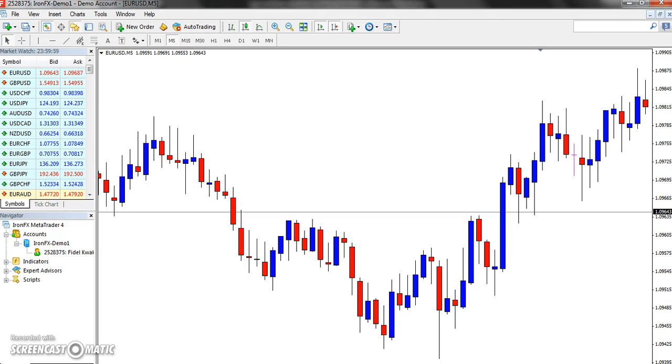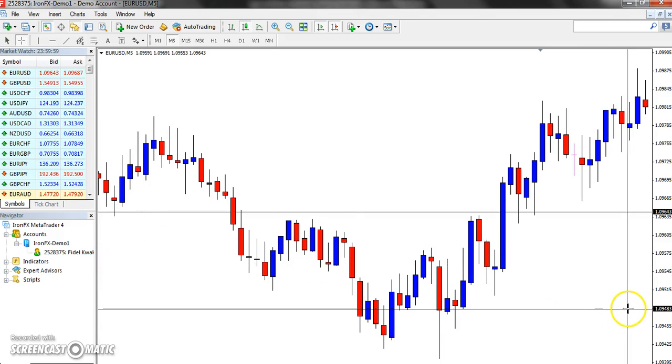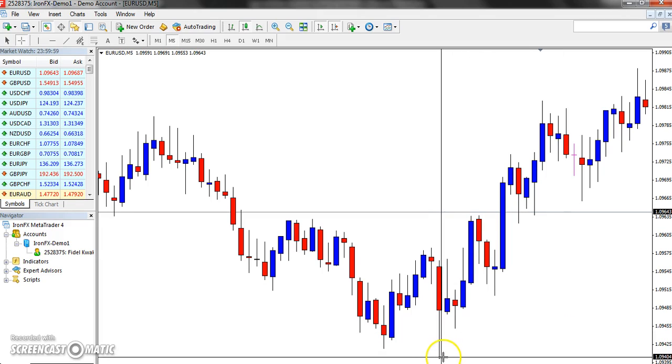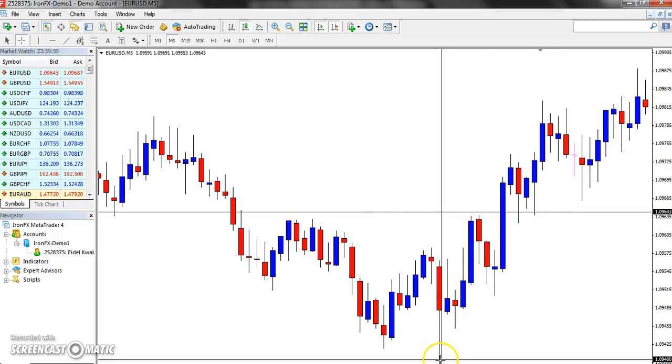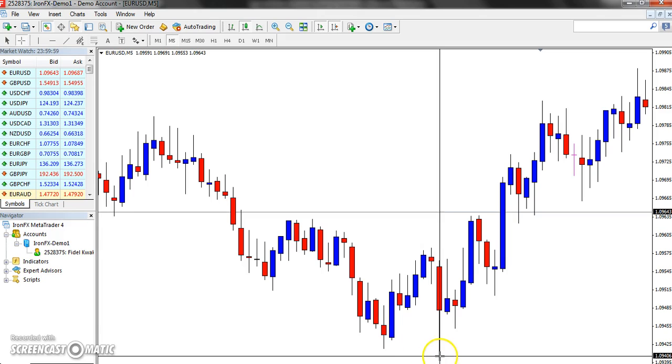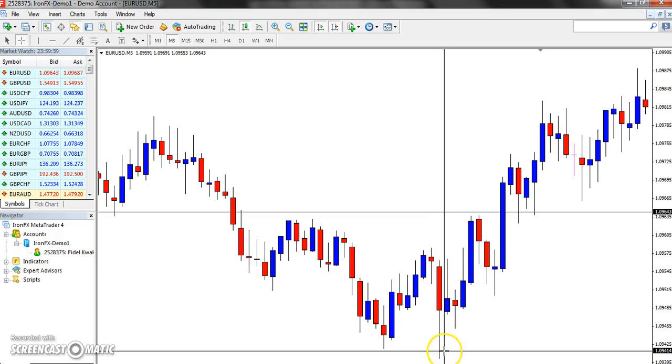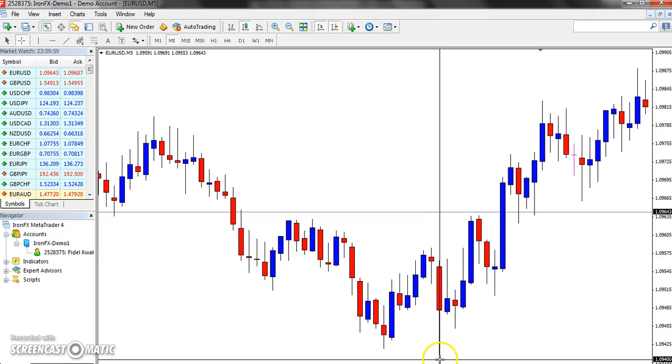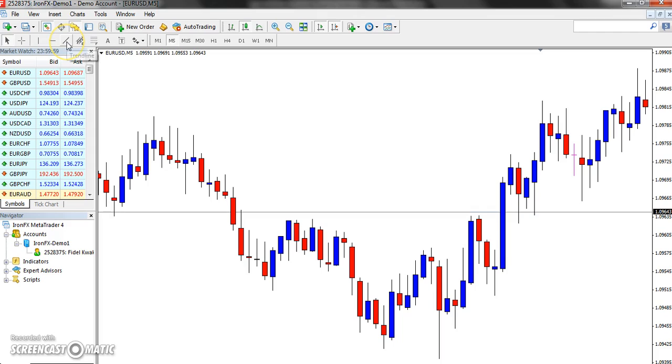So to make a put entry with this particular one, what we are going to do is, with this particular range of prices between this point and this particular point, this is the lowest price. All right. So meaning our trend line is going to start from here. Okay, so now once we locate our lowest price, we then use this. This is our trend line. We click on this,